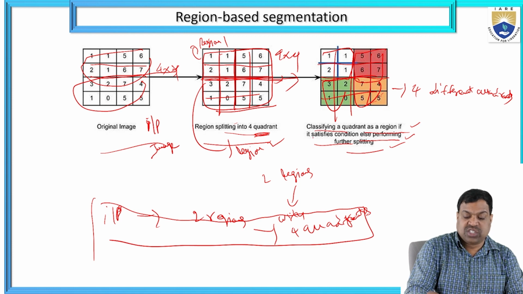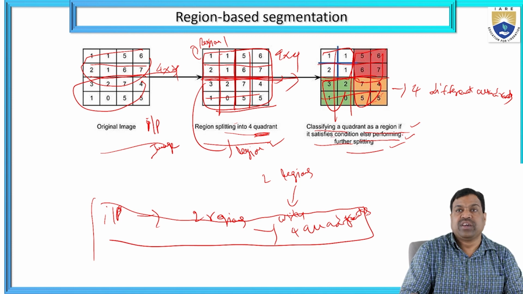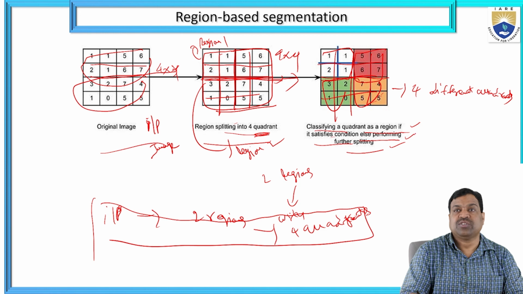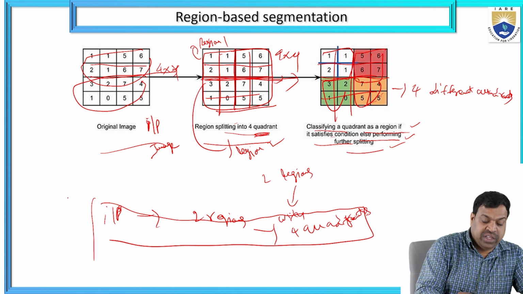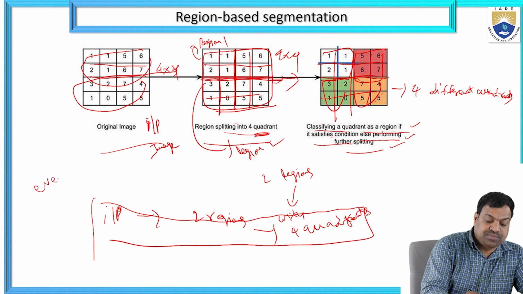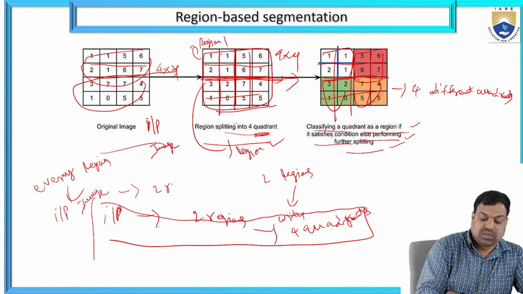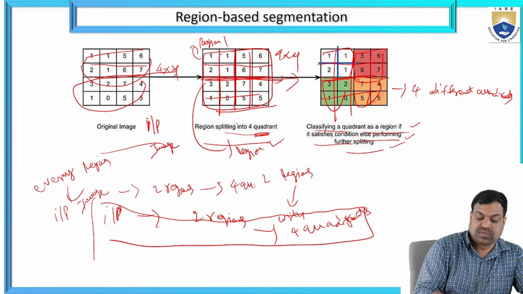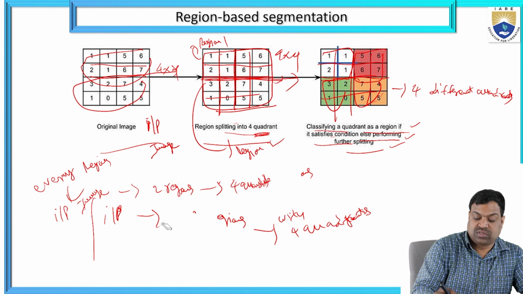So, input image, region splitting into four quadrants, classifying a quadrant as a region if it satisfies the condition, else performing further splitting. Here every region, input image, two regions and four quadrants. Okay, so